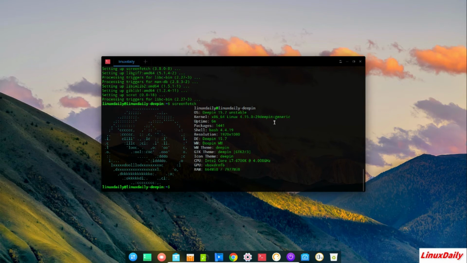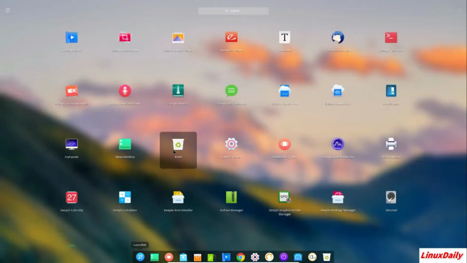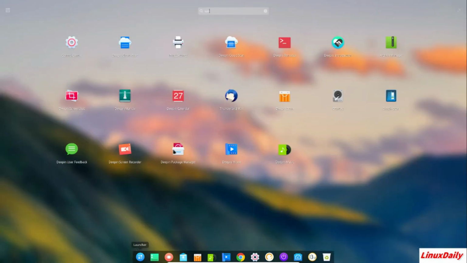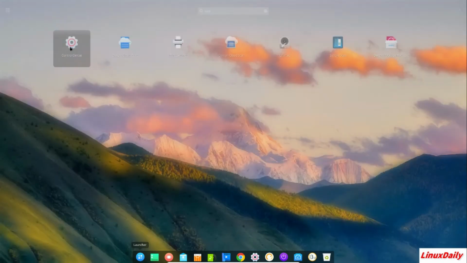Alright. So Deepin 15.7 unstable for some reason. That might have something to do with the being unstable with the notification. When we logged in, it sounded really glitchy. So yeah, I'm gonna go into the control center right here,